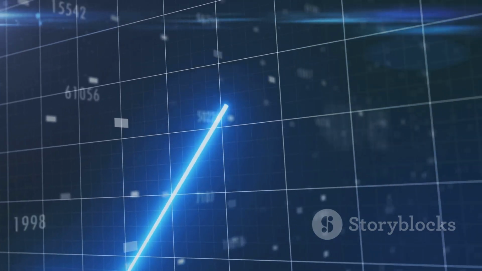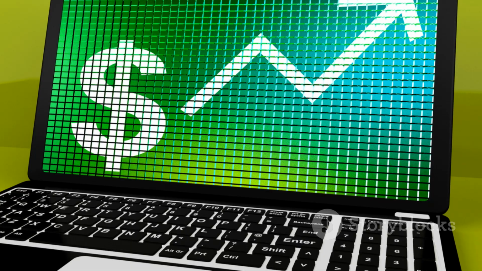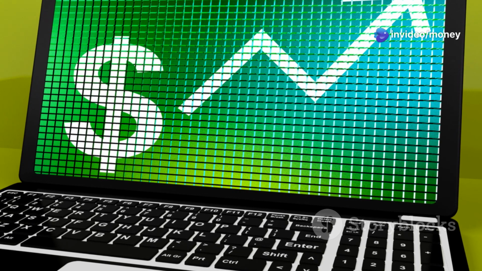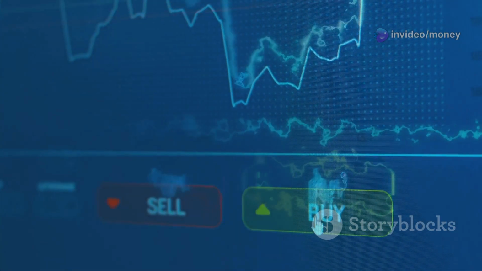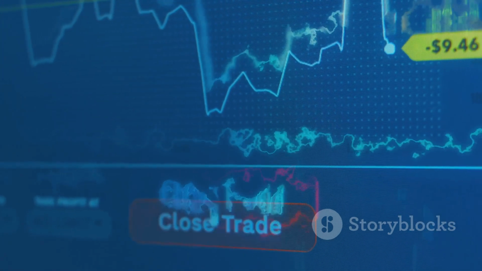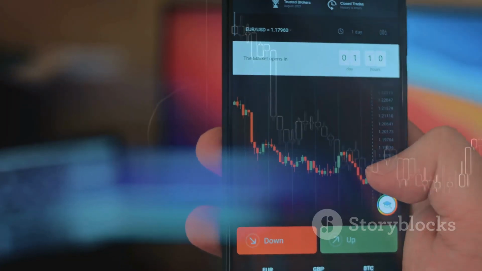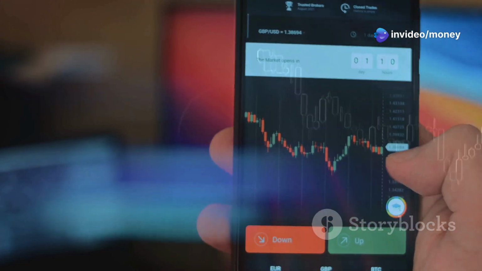The ADX line is above 25 and rising, indicating a strong trend. Additionally, the plus DI line is above the minus DI line, confirming that buying pressure is dominant. Based on this information, the trader decides to enter a long position, buying the stock with the expectation that the uptrend will continue. To manage risk, the trader sets a stop-loss order below the recent low, limiting potential losses if